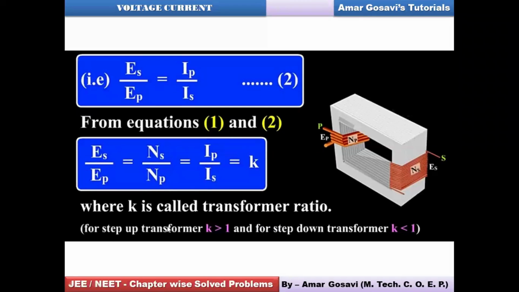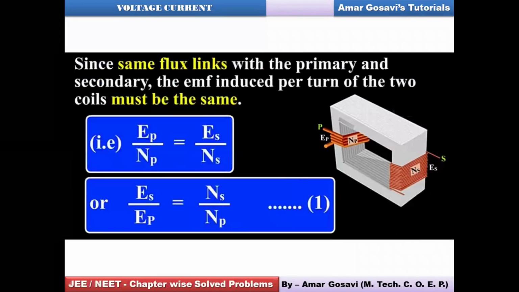Or else if I want a step down transformer, I will ensure that the ratio K, that's the turns ratio or transformer ratio, is less than 1. So it indicates number of turns on secondary are less as compared to number of turns on primary, and correspondingly the output EMF will be less than the input EMF. That means if input EMF is 100, the output will be 10 volt. So such type of transformers we will call them as step down transformers. And that's how you can see these transformers work on the concept of mutual induction.